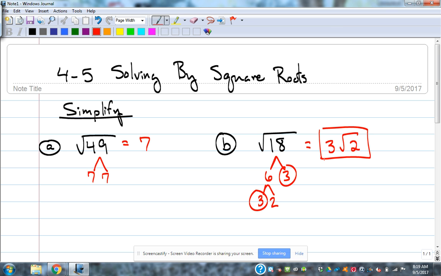Now, depending on who you had for Algebra 1, they showed you different ways to do this. This is how I teach it, with factor trees. If you had Coach Mack, I think he just says divide it by square numbers. And you would say, well, what square number goes into 18? 9. What's the square root of 9? That's the 3 that's out front. 9 times 2, that's the 2 that's on the inside. I think the factor tree method is